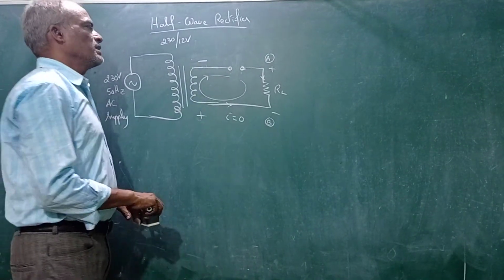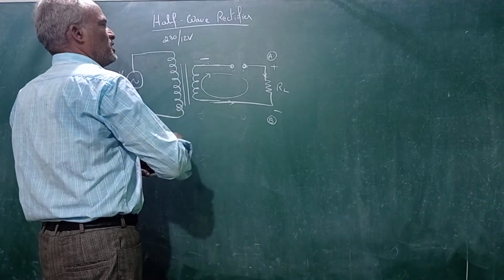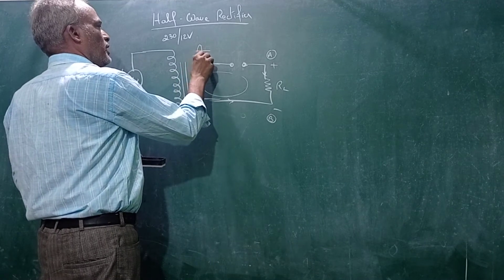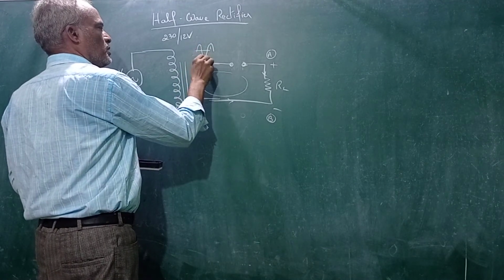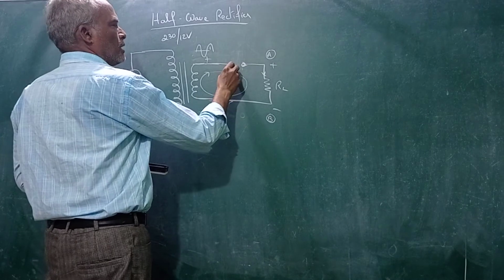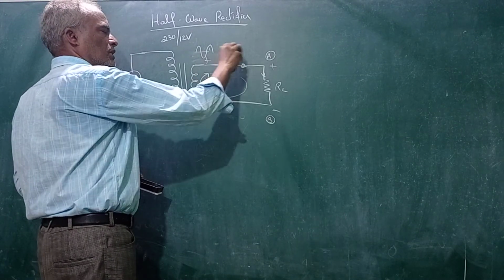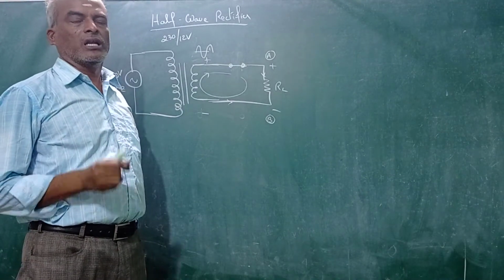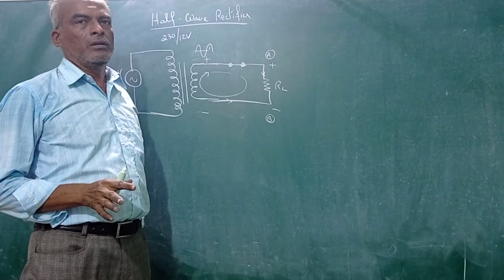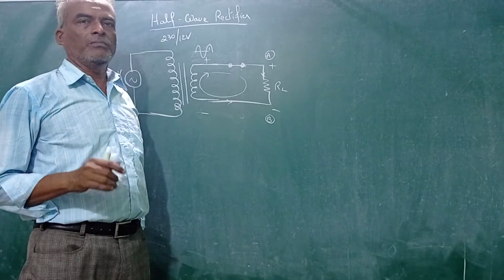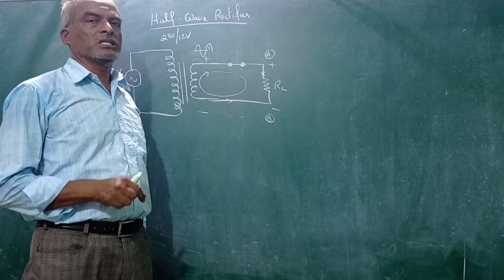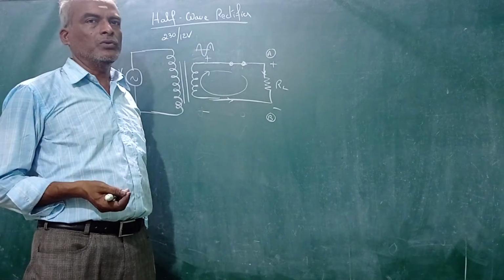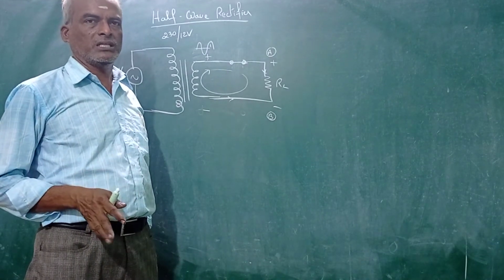Now once again the cycle changes from negative to positive. So positive, once again negative. That means the diode will act as a short circuit, and once again current flows from A to B. So we have ensured that current always flows from A to B. Current won't flow from B to A. This confirms that the given AC signal has been converted into a DC signal. But it is not pure DC, it is a pulsating DC.